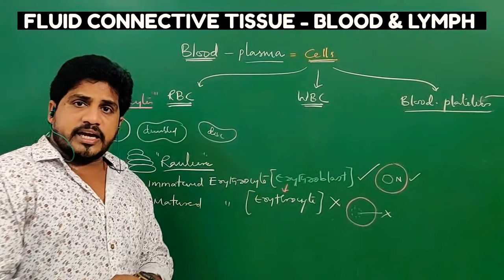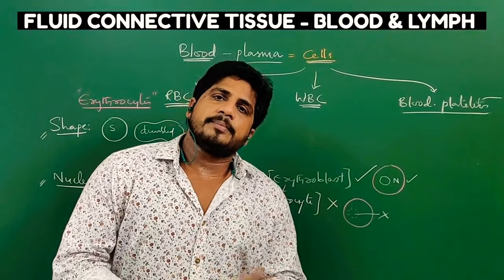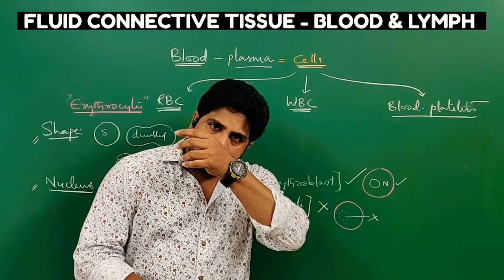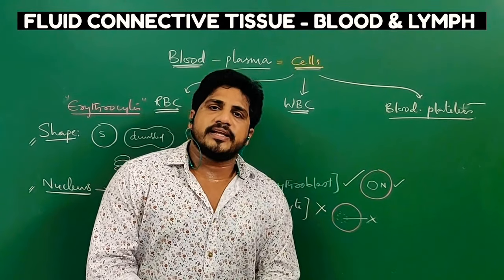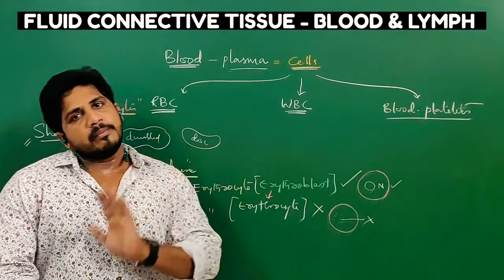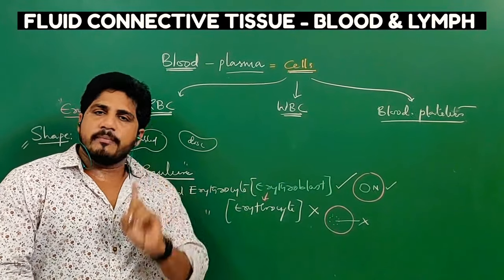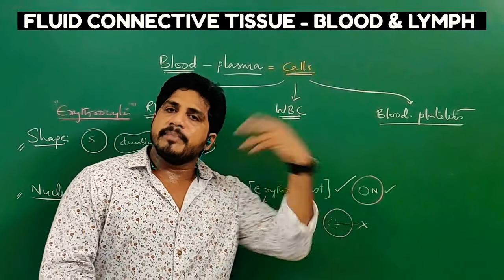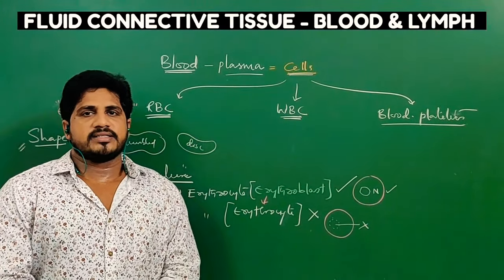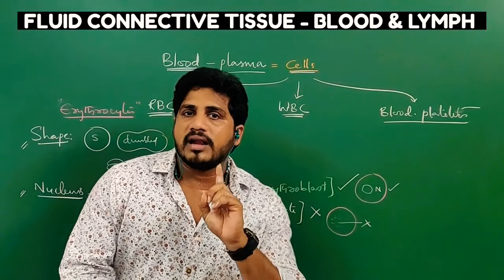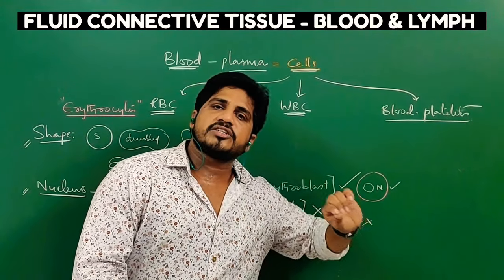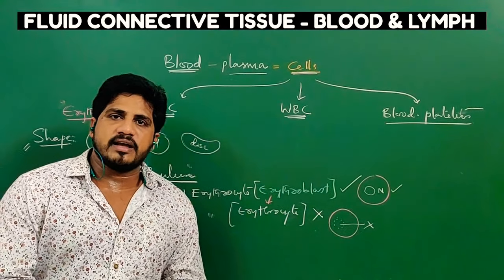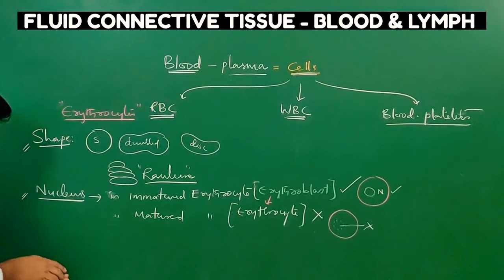But this is the point I am telling only about mammals. Except mammals, in vertebrates, fishes, amphibians, reptiles, aves, everywhere the nucleus is present in the immature condition as well as in the matured condition. But in mammals, the matured RBC does not have a nucleus. In the immature stage they have a nucleus. Except llama and camel, whose matured RBCs also carry a nucleus. So these two animals are exceptions among mammals in RBC nucleus condition.